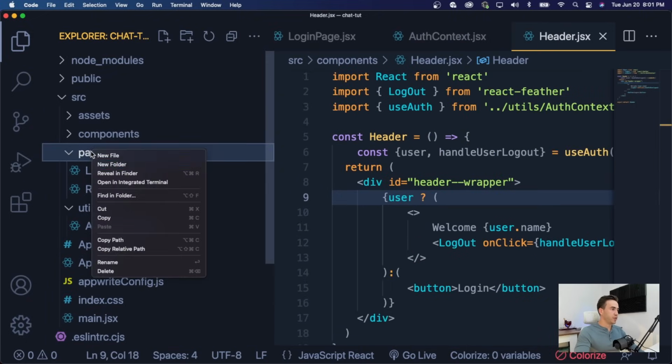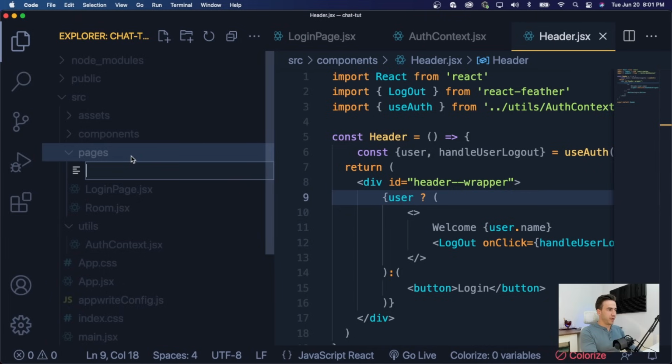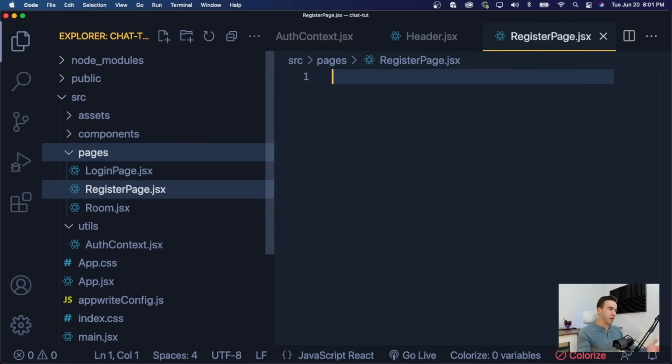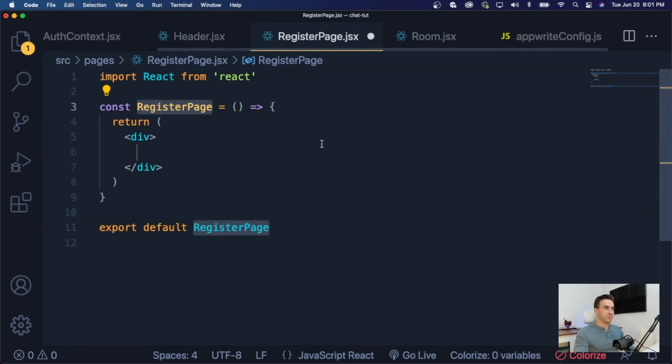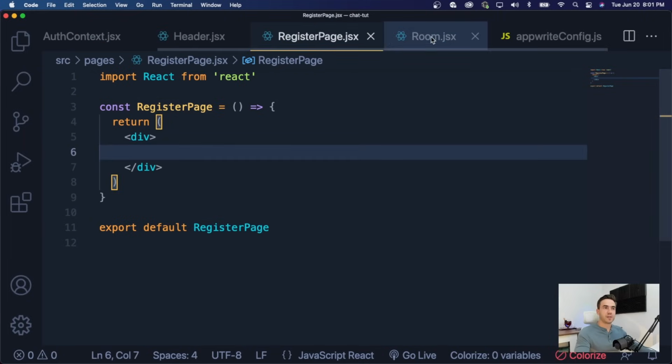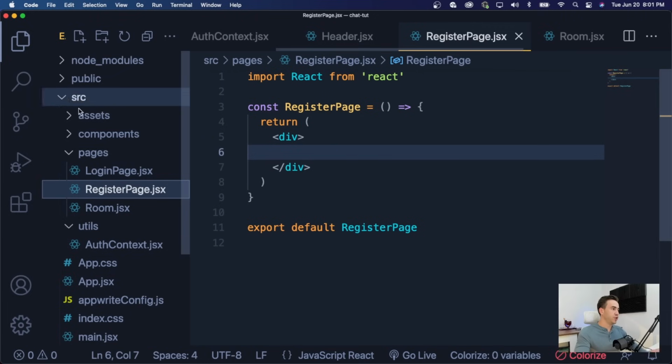We'll go into pages and we're just going to create another page for registering. So we'll just do register page. I know that you could just do a component for login and register and then change that component. Figured we'll just do a page. This will be pretty simple to do. Okay, so we'll just use this method here. And what I want to do here is, first of all, we'll bring this into the